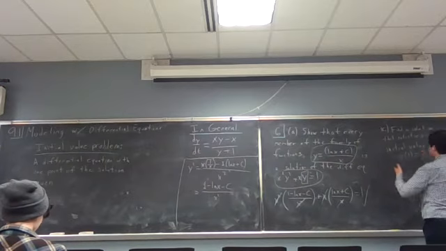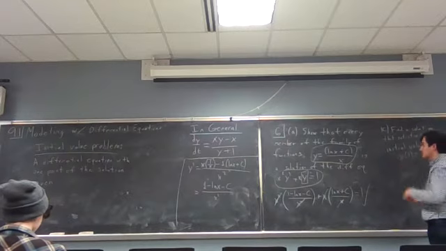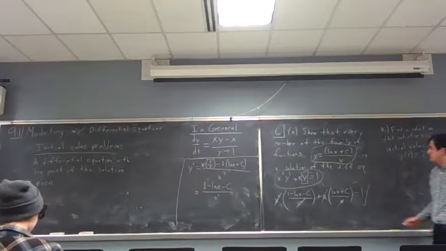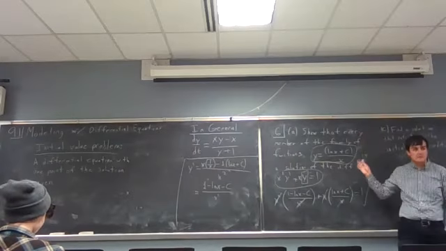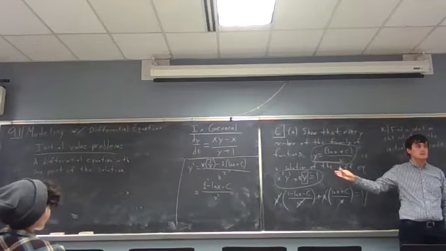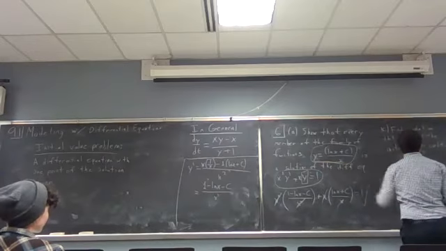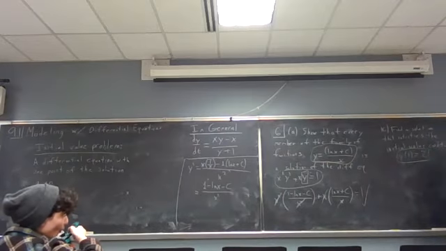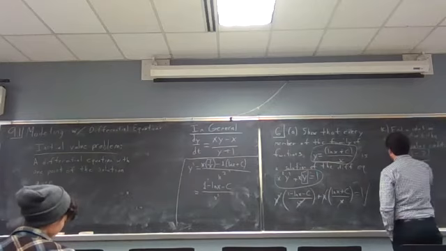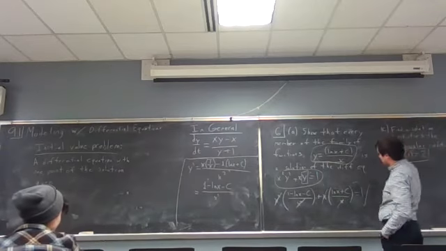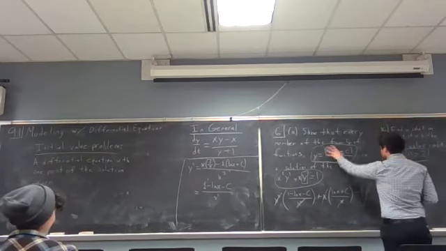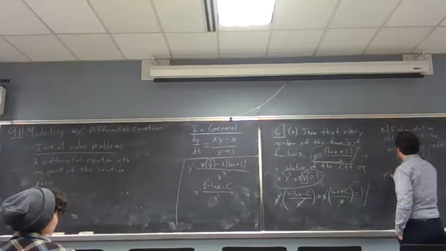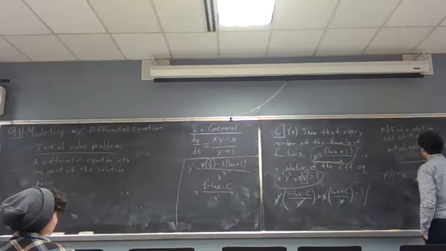So for part C, I want to find a solution that satisfies this condition for the initial value problem. Now, we were given this family of solutions. It's this family of solutions that solves this differential equation, which is great. But I want to find one of those in that family that's going to work for my y of 1 equals 2 case. So what I'm going to do is take this and plug it into the solution that I would have found. So we have y of 1, 2, which is going to be equal to